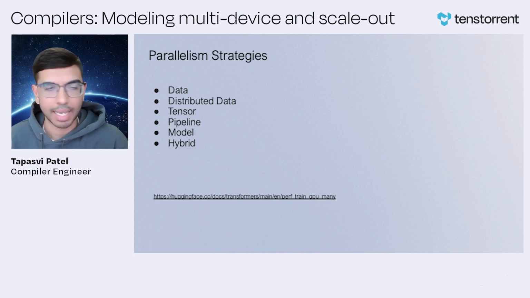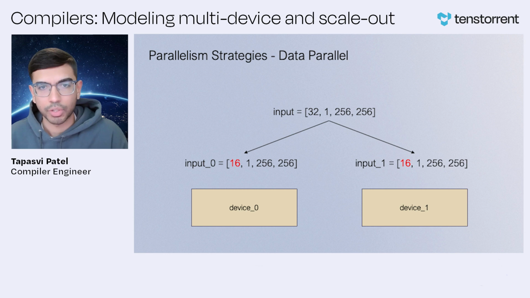Hugging Face has a fantastic write-up of various different types of these strategies with examples. These slides can be shared afterwards, and I highly recommend you guys take a read at this one. The primary strategies that we employ are data, tensor, and pipeline. However, we are also experimenting on the other strategies as well. So to set the stage of what each of these strategies are, or specifically the ones that we care